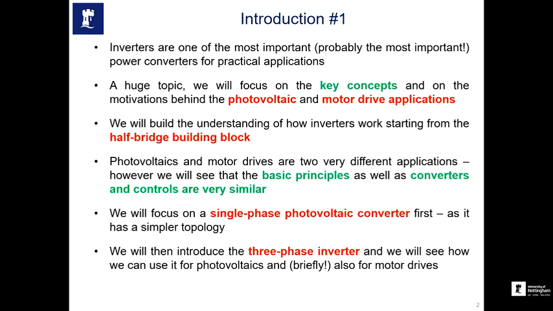Another example is that you might hear a lot about fuel cells. A fuel cell is another type of renewable energy system where you use hydrogen to generate electricity. That fuel cell is also a DC system. Again, if you want to make versatile use of the fuel cell, you have to have a converter, which is a DC to AC converter. So as you can see, because of the new renewable energies, in different applications, we need this inverter even more than before. This is a huge topic,